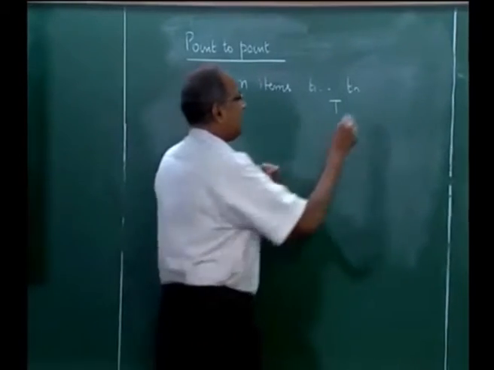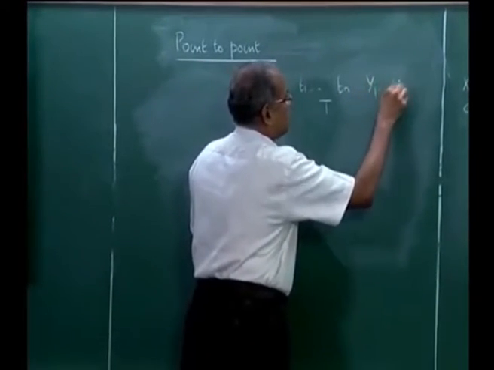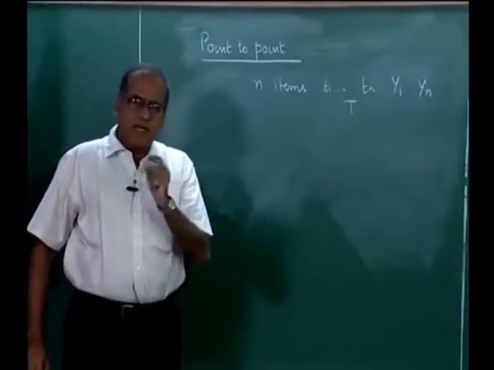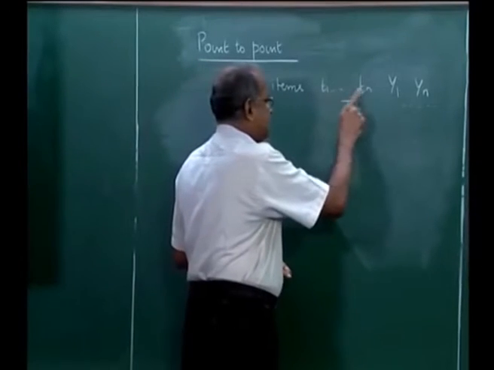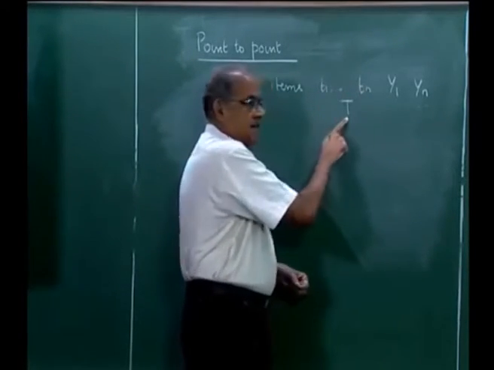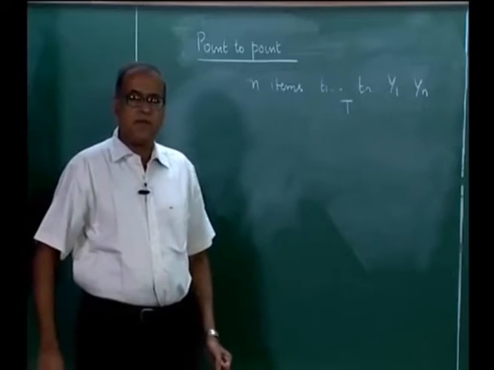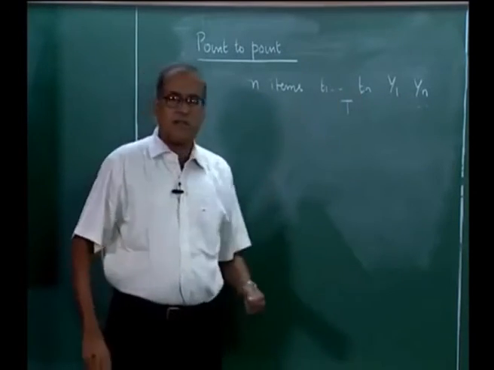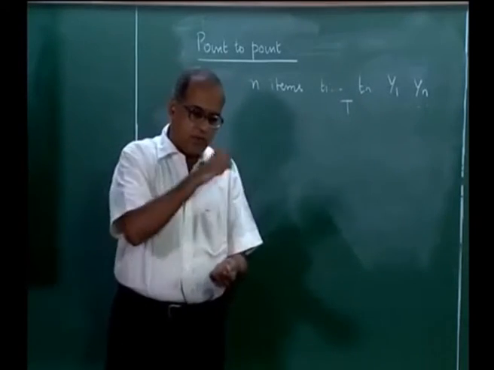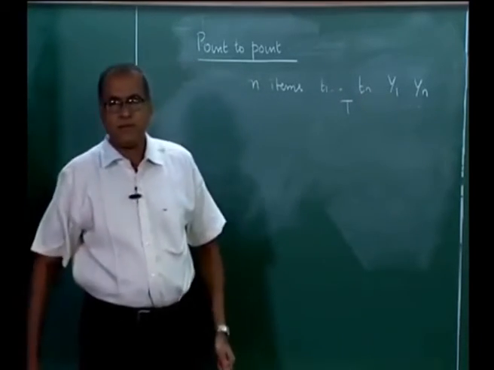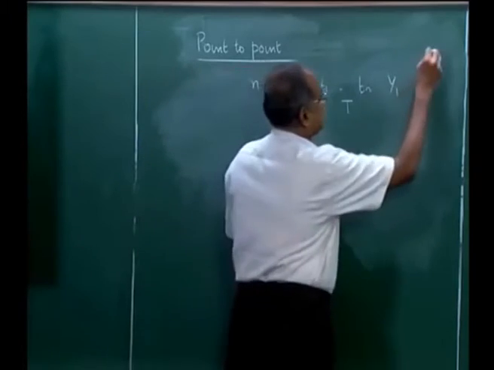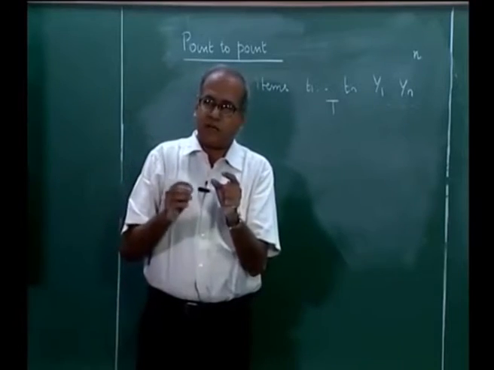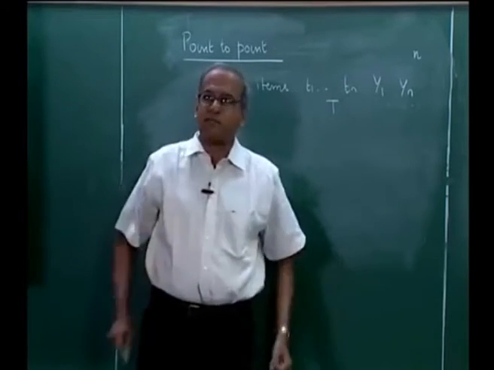So, we will assume now that y1 to yn represents the number of bins that we have. It is fairly obvious that if each of these is smaller than T, which is not a bad assumption, then since there are n items, we can take n bins and put each item into a bin. That would give us a solution with n bins, but that is not what we want. We want the number of bins to be as small as possible.